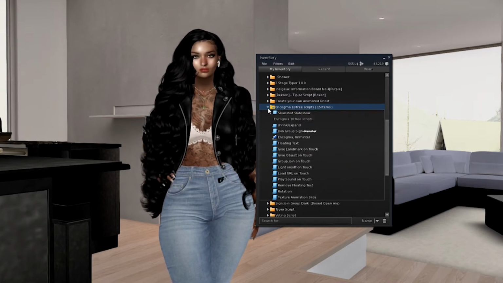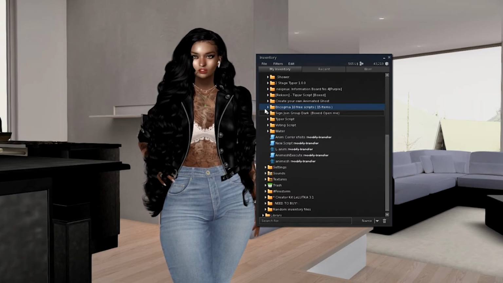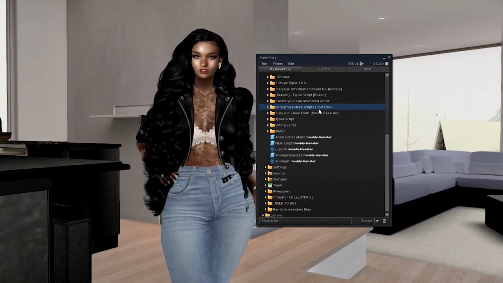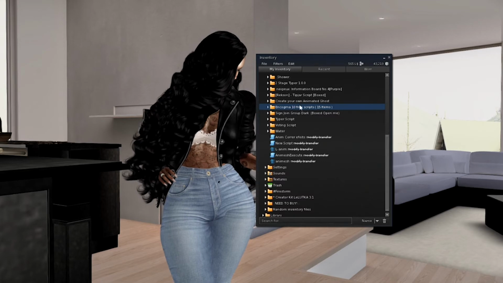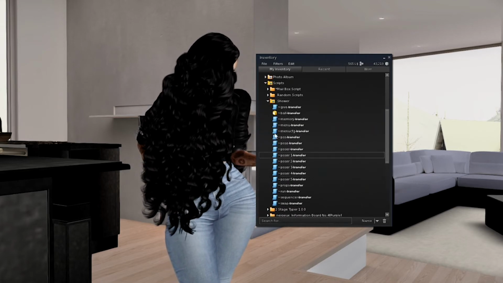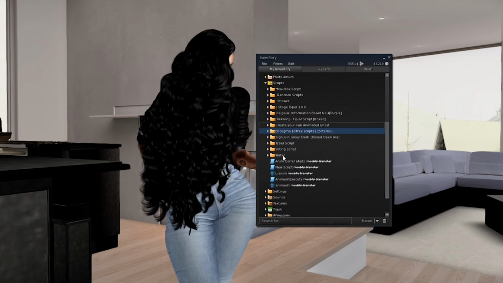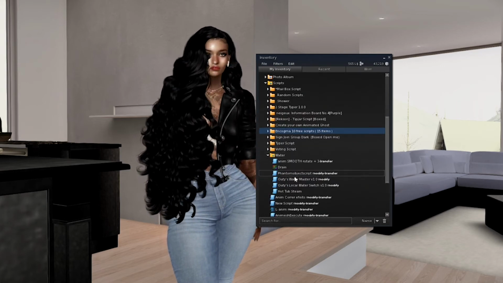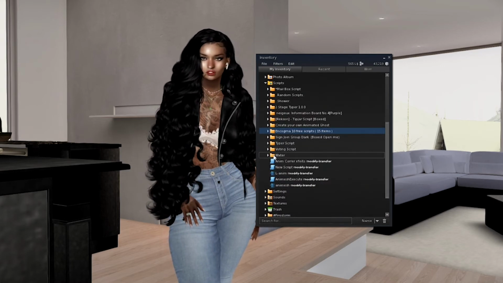So these are scripts, these are LSL, and you can create your own script or purchase scripts. And water sounds and different things like that. Here it is, water texture animator.